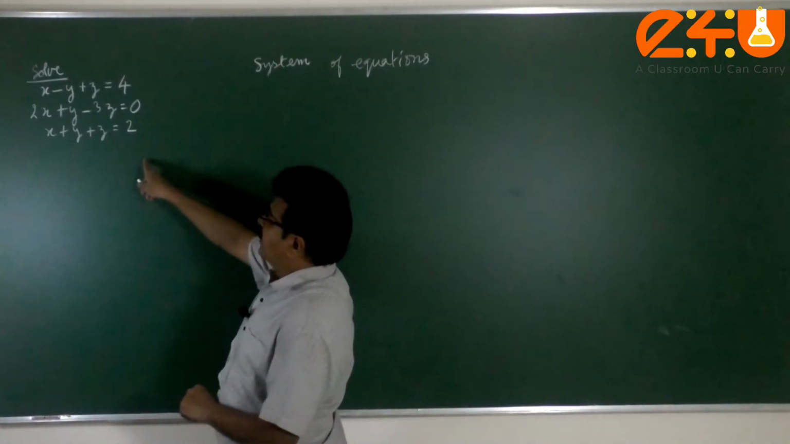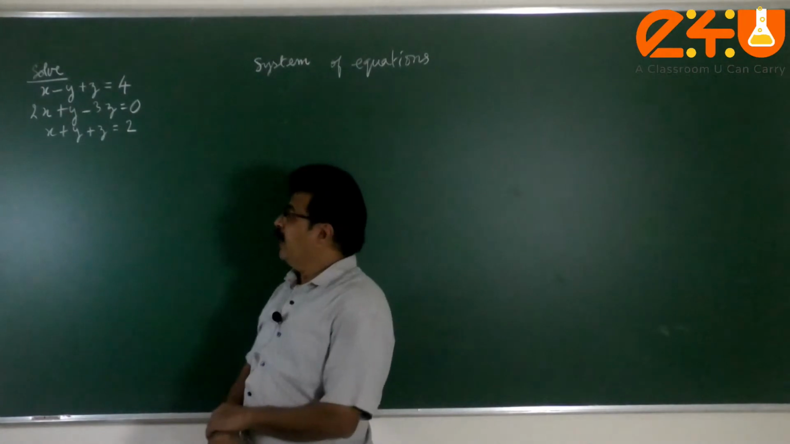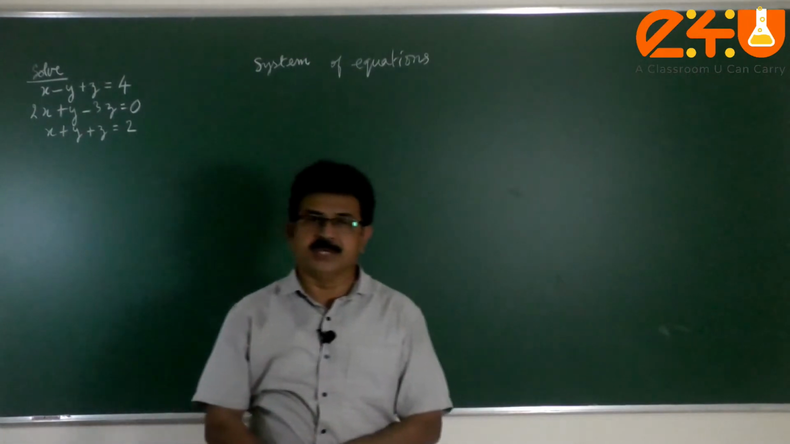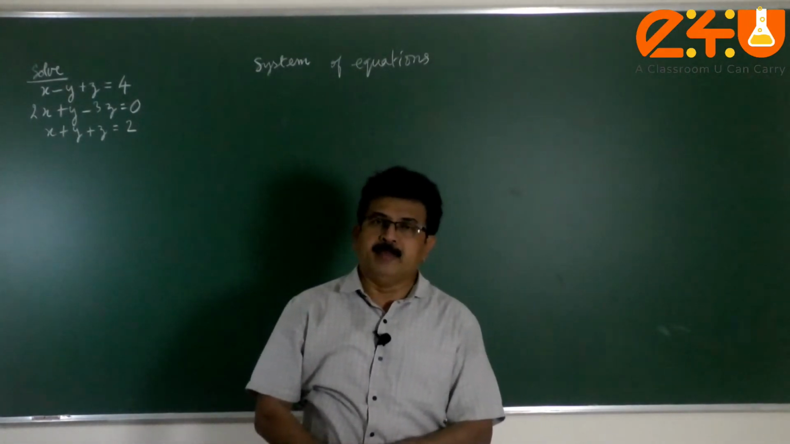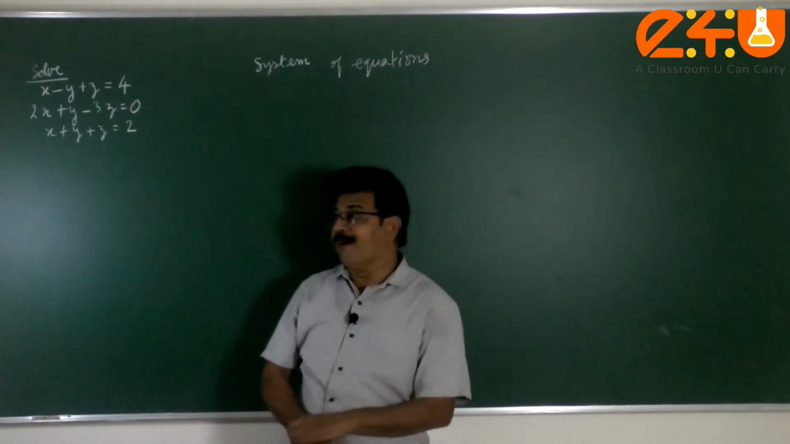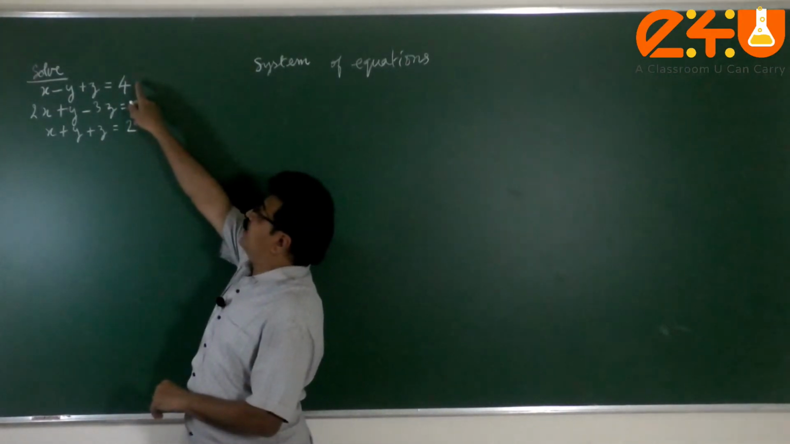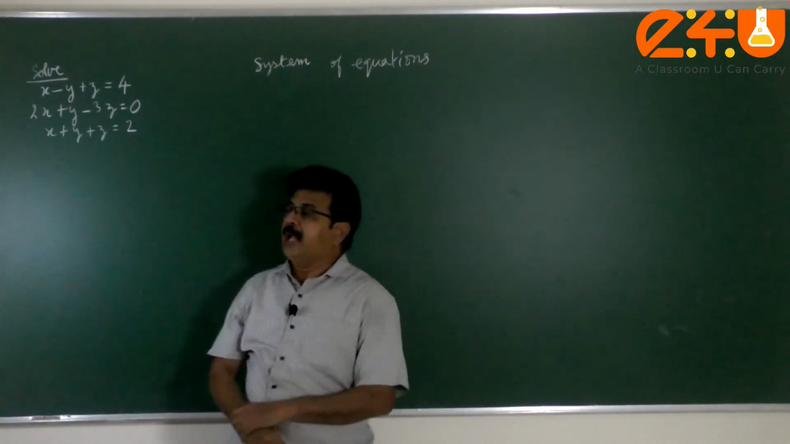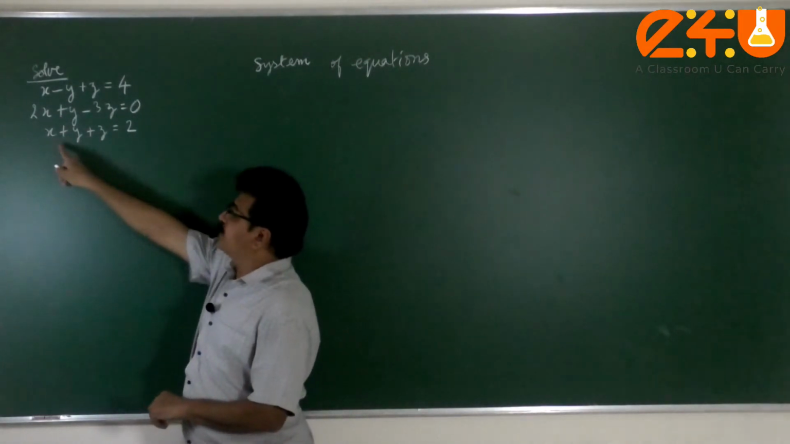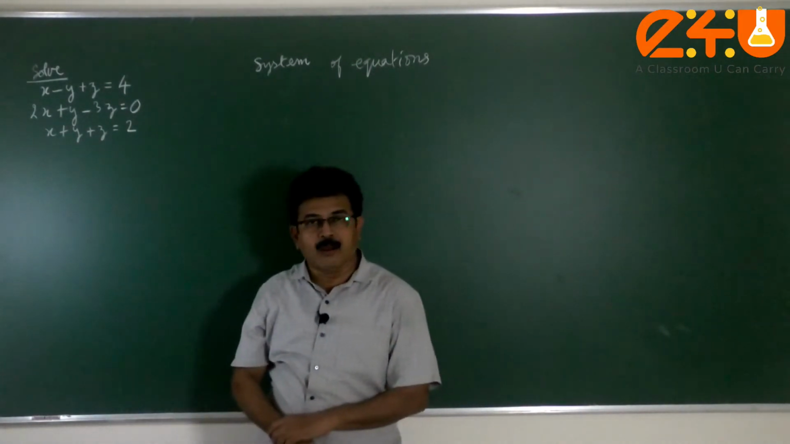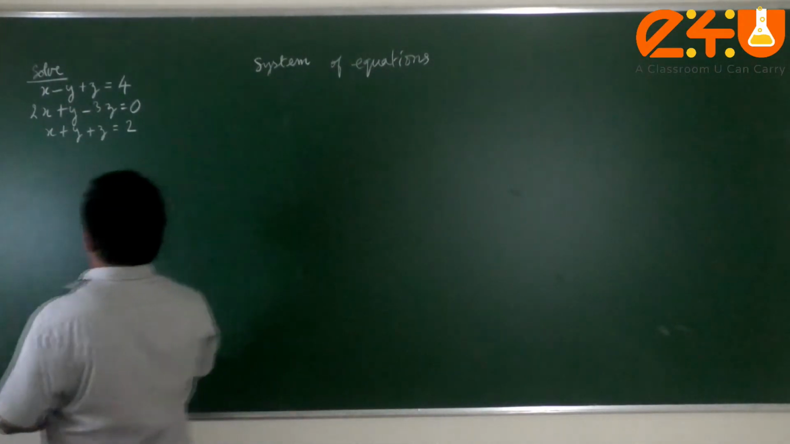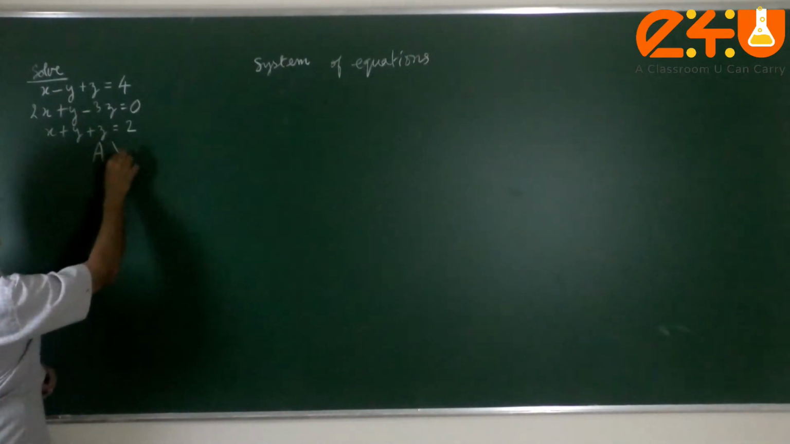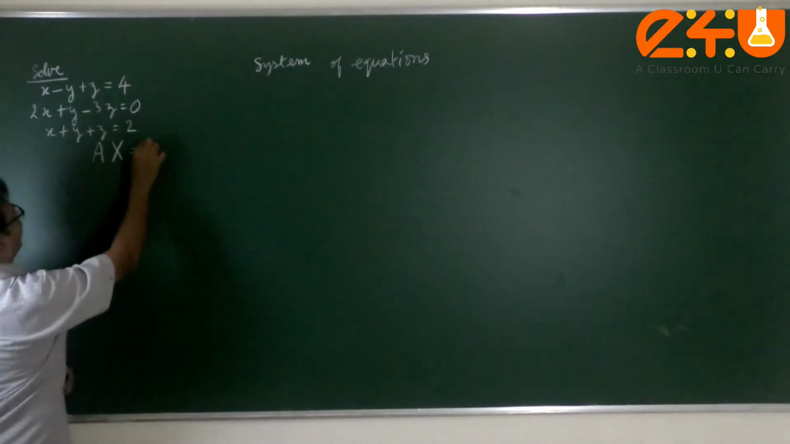There are three equations with three unknowns, and we have to present them in the form of a matrix equation. Coefficients are named matrix A. The RHS values 4, 0 and 2 are termed as matrix B, and the unknowns X, Y and Z will form a column matrix. So let's see how you can do it. In general, we name it as A times X matrix equal to B,